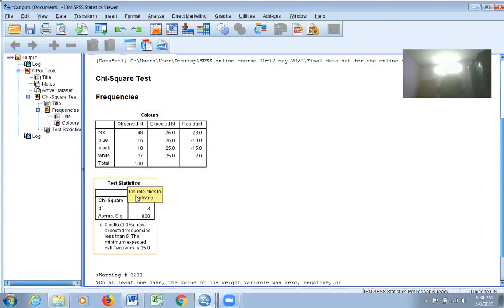We come down. Let us see the statistics: chi-square value, degrees of freedom, and the sig value. The sig value is 0.000. It's lesser than the threshold level of 0.05. It means that the null hypothesis is rejected and the alternative hypothesis is accepted. It means that there is a significant difference between observed data and expected data, and the observed data doesn't fit into the prediction that we already have. That's the answer we get for this data.